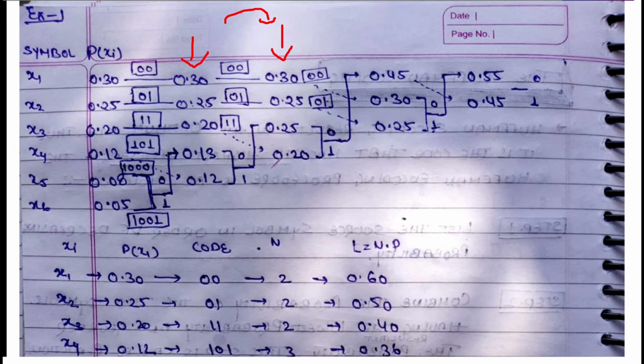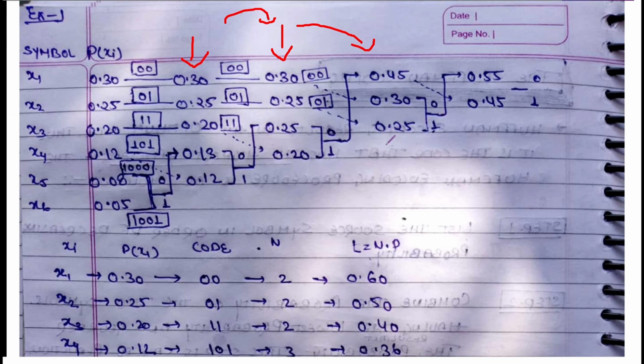Remember, tracing is very important because you'll have to backtrack. If you trace as you go, making dotted lines wherever there are changes, then you'll be easily able to go back, right? Now we have to find another column, so we'll add these two values. On adding them I got 0.45, so now this is my new column. Again rearrange the values, so 0.45 will come at the top, then 0.30 and 0.25.